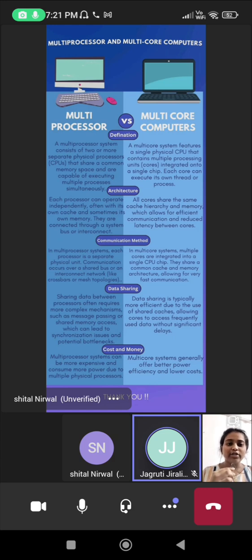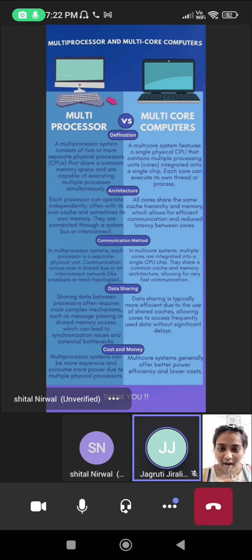In a multi-core system, the structure consists of multiple cores within a single CPU chip. For integration, the cores share the same physical chip and often share cache and other resources. For memory, generally a shared memory model accesses a common pool of RAM. Latency in communication between cores is very low due to proximity on the same chip.